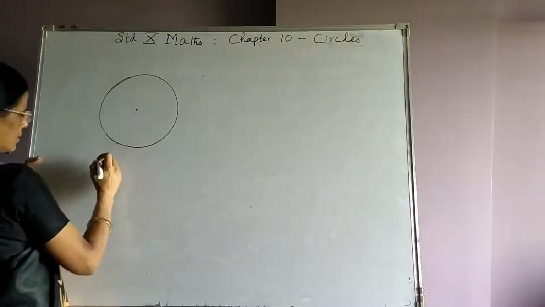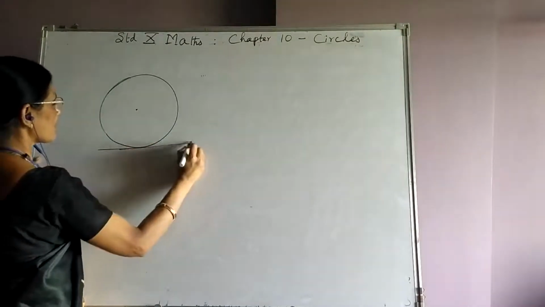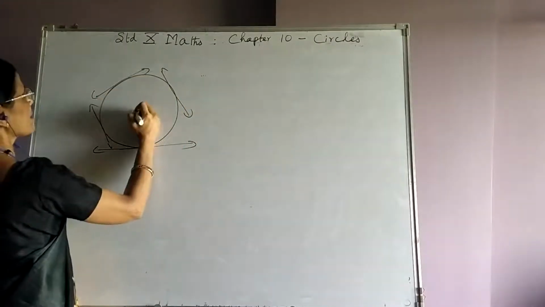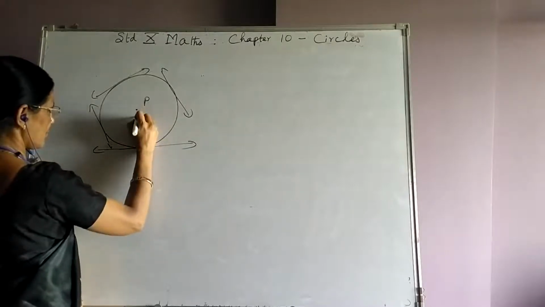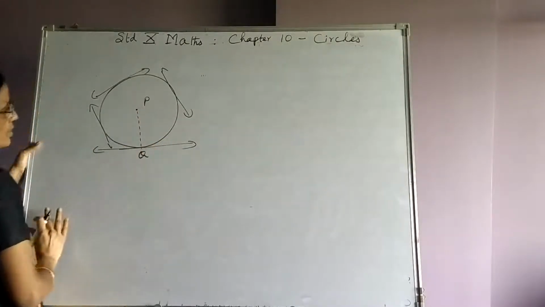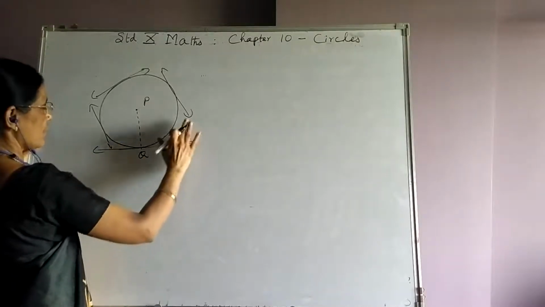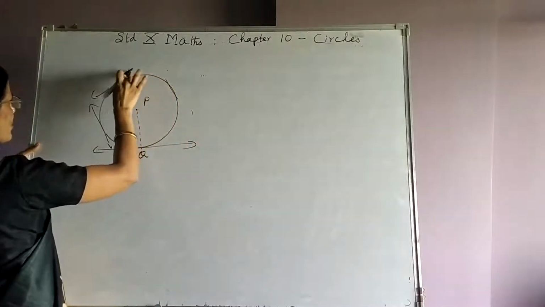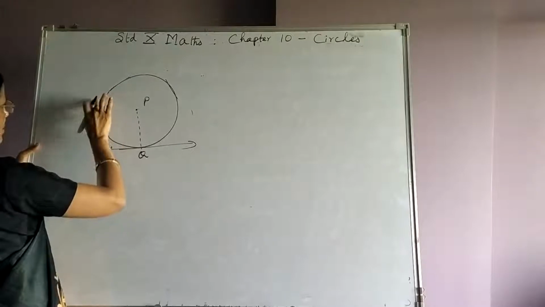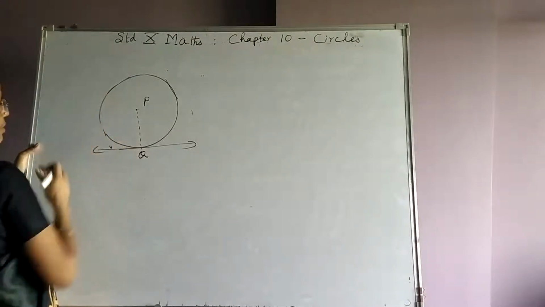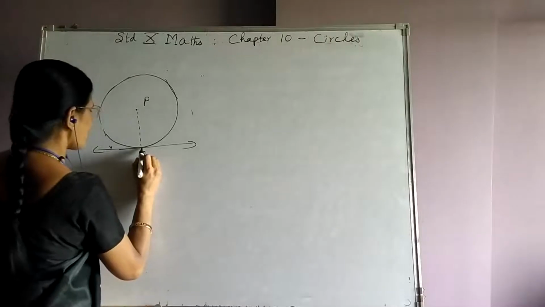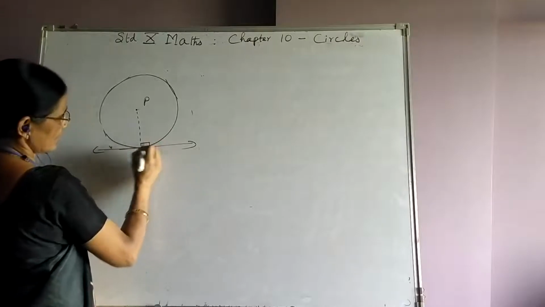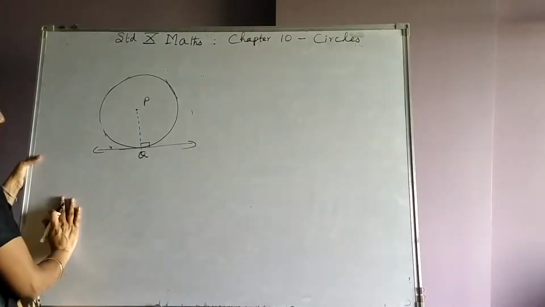Suppose we draw different tangents, we know infinitely many tangents can be drawn to a circle. What is PQ called? PQ is a radius. And what is Q called? Q is the point of contact. The point of intersection of the tangent and the circle, we know, is the point of contact. Okay, so Q is the point of contact. So through Q, if I draw a radius to the circle, we will find the radius is perpendicular to the tangent. So there is a theorem which we are going to learn now.